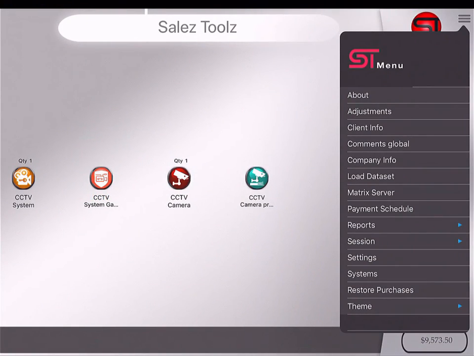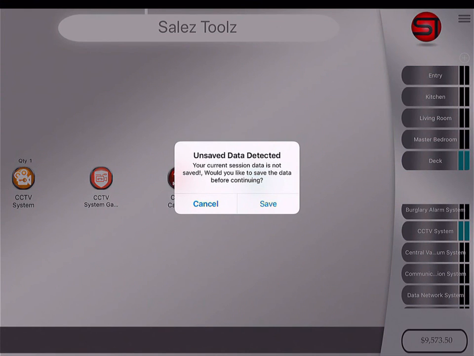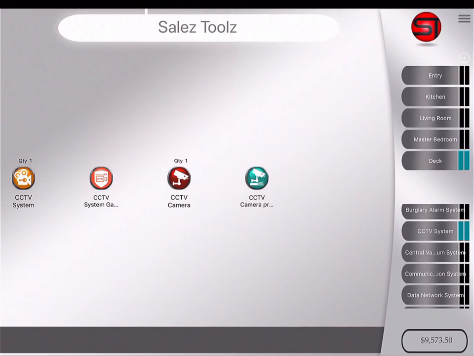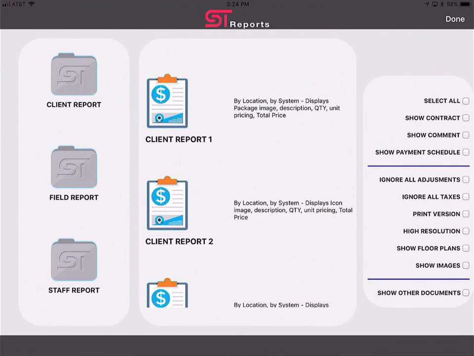Then I'm going to go up here and I'll go to my reports, create. And it's asking me if I want to save this. I'm not going to save it right now, but it's always going to prompt the salesperson to save their work. We don't want you guys to lose this, so better we should ask too many times than too few. Over here on the right, I have selected show all, meaning I want to show my contract, show any comments I've made, show the payment schedule. Down here, I also want to show floor plans and show any images. There won't be any images in this one, but I go up here